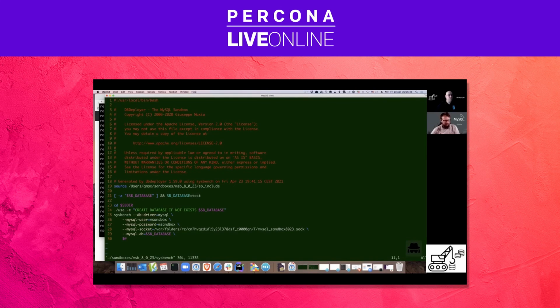So here you have just a skeleton of Sysbench. The thing that we do is just connecting Sysbench with DBdeployer. So it uses the right username and password, the socket, and the database,